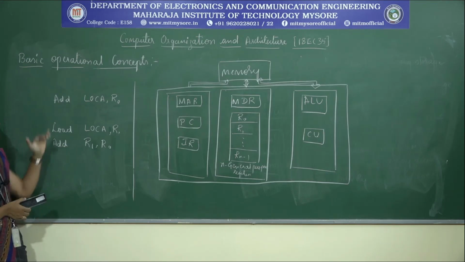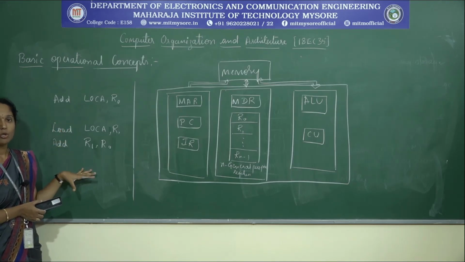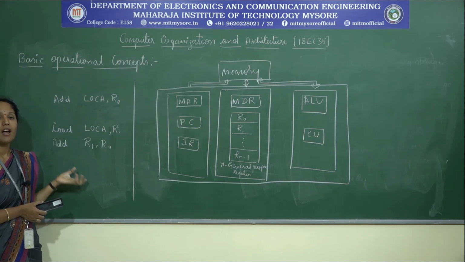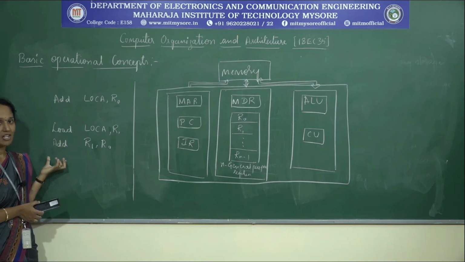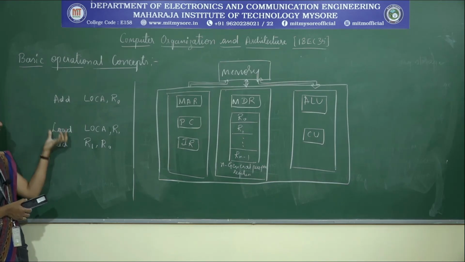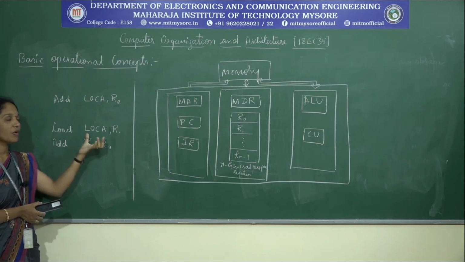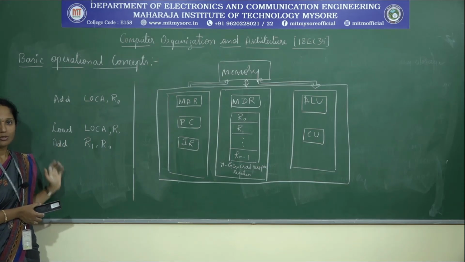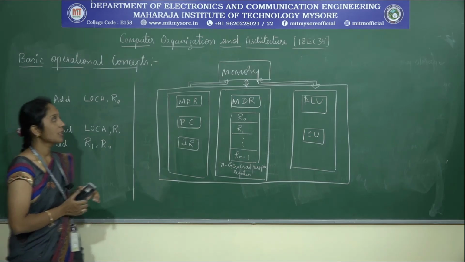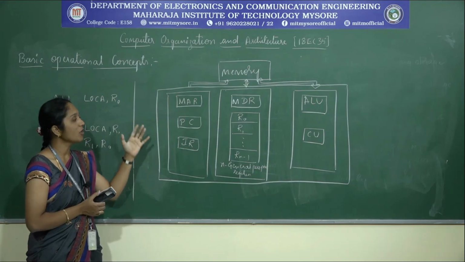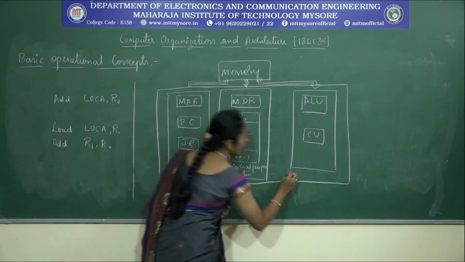So now we understood that whenever the execution starts, the processor is going to fetch the instructions one by one, and it is going to perform the required operation according to the instruction written. So here we have ADD and LOAD as the control commands which will perform the required operation according to the program written. And now let us see how the connection is between the memory and the processor. If you observe, this is the processor we have here.